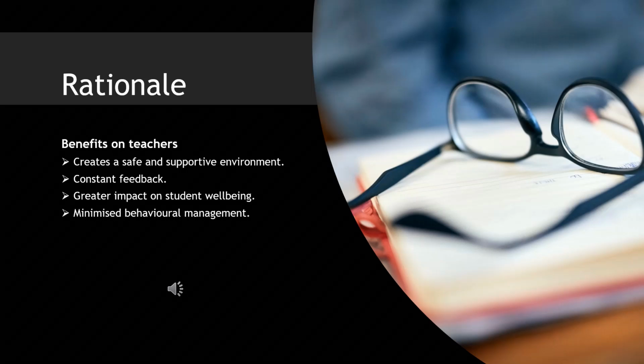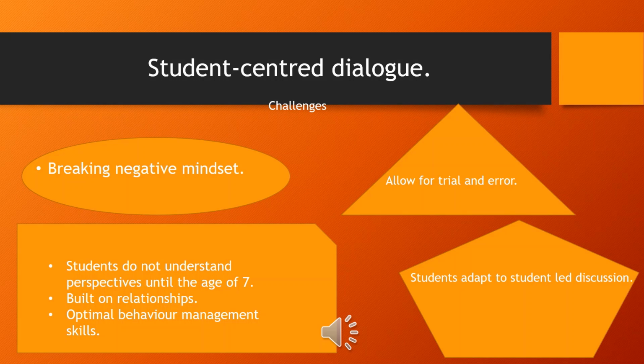If implemented, this action research will create a safe and supportive environment for both students and teachers. The constant feedback provided will allow for voice and promote belonging within the classroom, which further develops student well-being. Behavioural management will also be minimised in this environment, as students are engaged and on task. Challenging students to adopt a growth mindset will enhance student learning when they are required to persist to achieve the outcome. Furthermore, trial and error will build students' confidence when they achieve the outcome. A growth mindset will be needed when students listen to alternate perspectives and feedback from others.